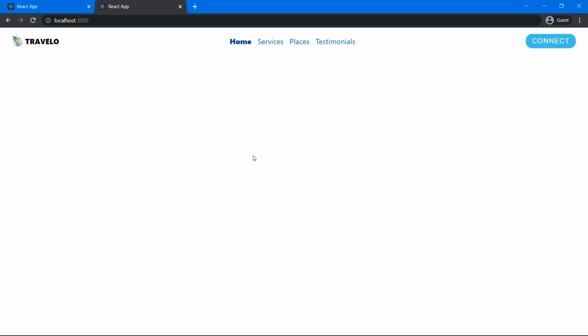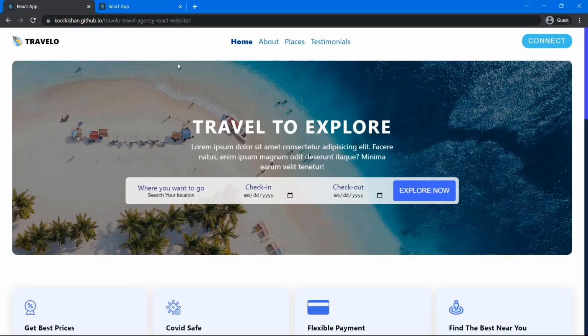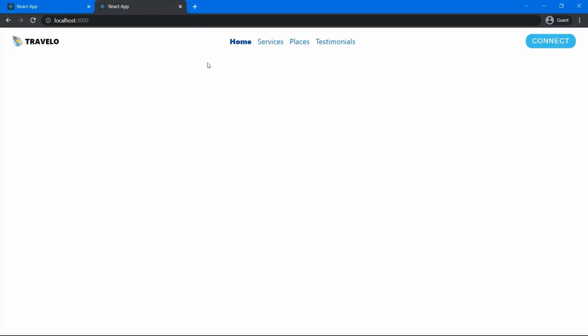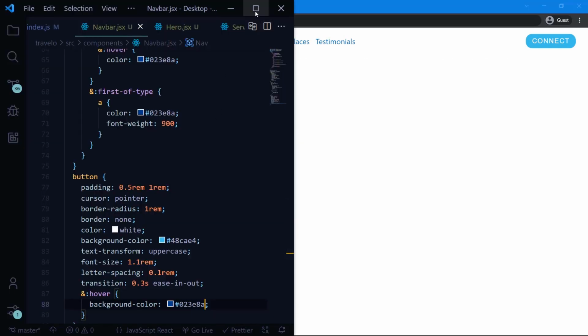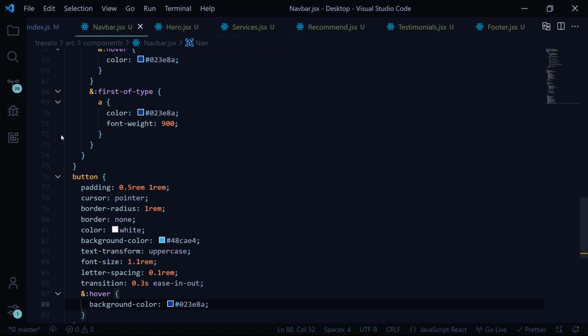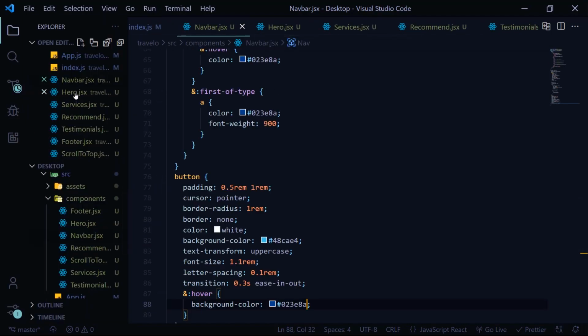Okay, so our navbar is complete. Now we'll create and style this navbar hero section. So now let's go to our VS Code. I'll maximize this. Open the Explorer and we'll go to the